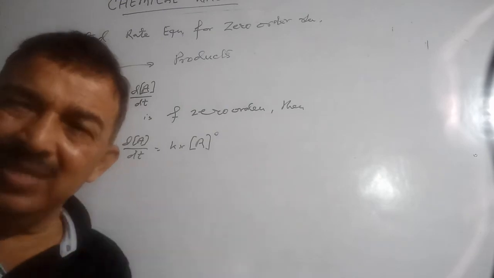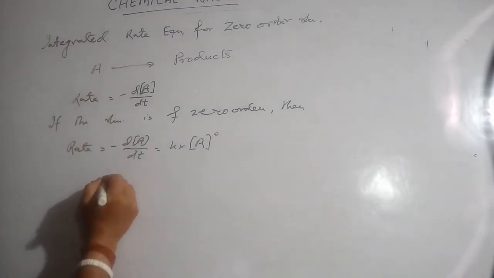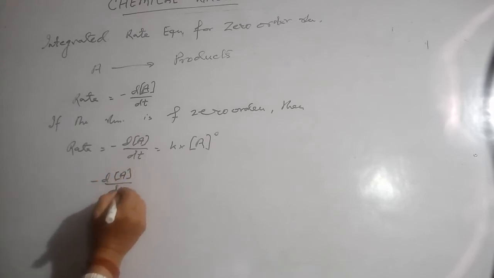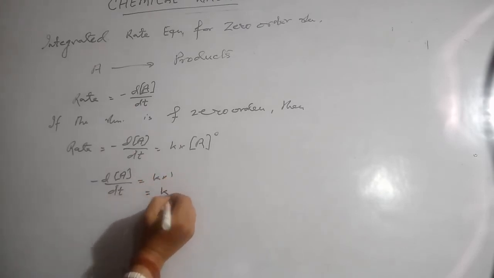We have already discussed this earlier. So we can write minus del A by del T is equal to K into 1, that equals K,